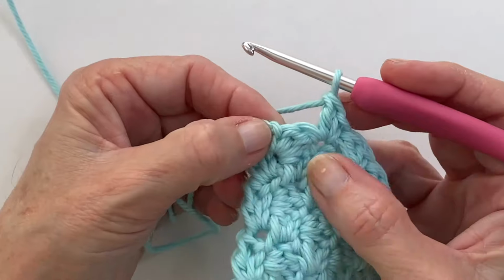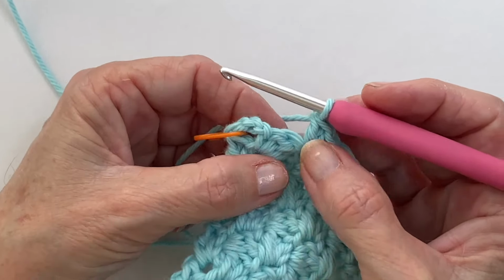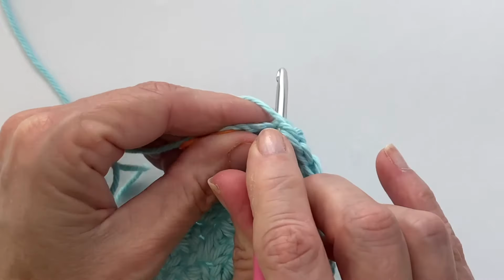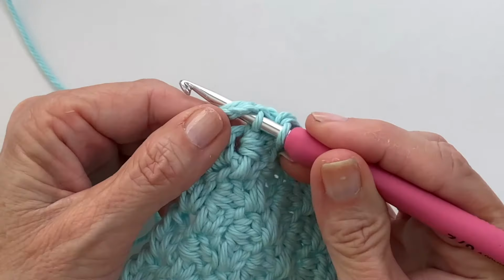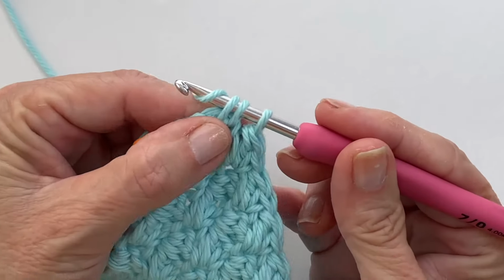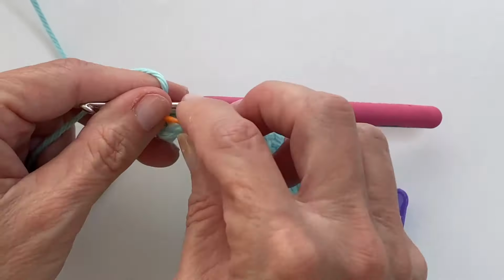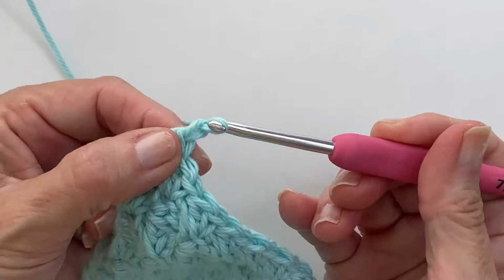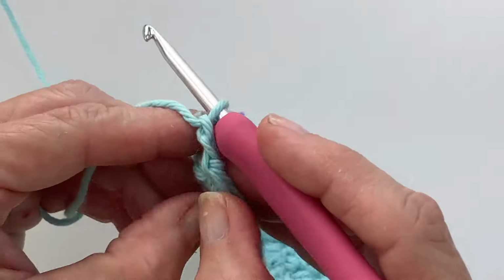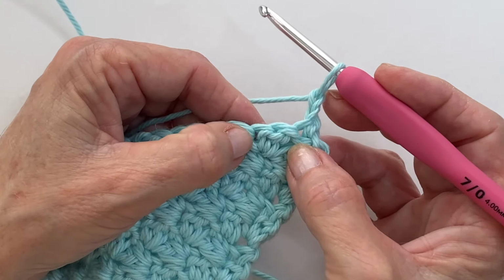And then when I reach the very last Suzette stitch that I've made, now I'm going back to the decreasing. So I'm going to go into the single, pull up a loop, go into the chain space, pull up a loop, yarn over and pull through all 3. Okay, so I've created a decrease on both sides. Back to chain 2 now, turn,